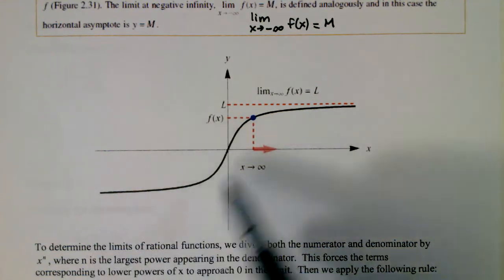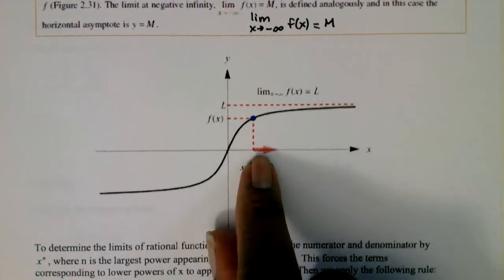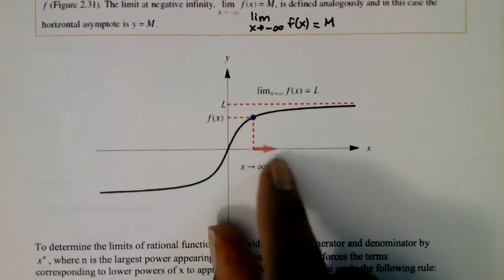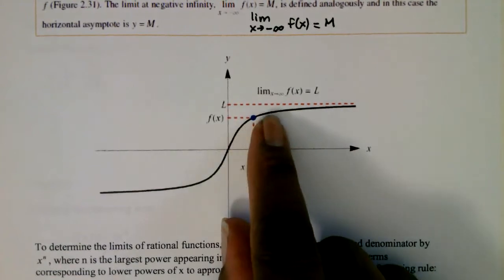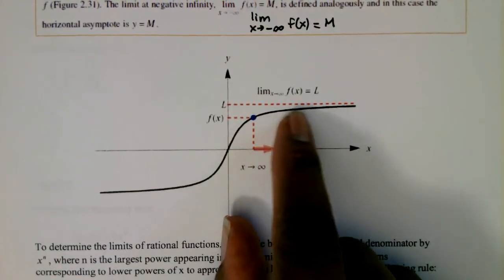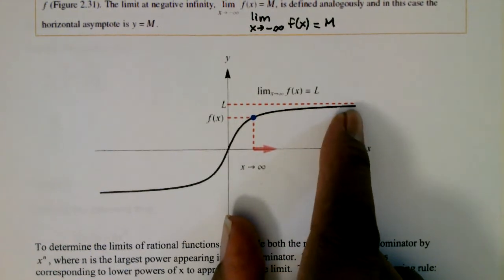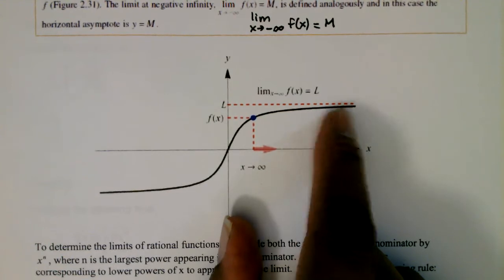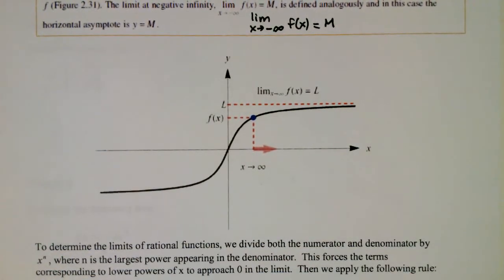Here we've got a function y equal f of x. So as x gets bigger and bigger and bigger, that means as x approaches infinity, then the graph of this function f of x gets closer and closer to some limiting value, which we're going to call L. Will it ever reach that value? Probably not, but it's just going to get closer and closer and closer to L